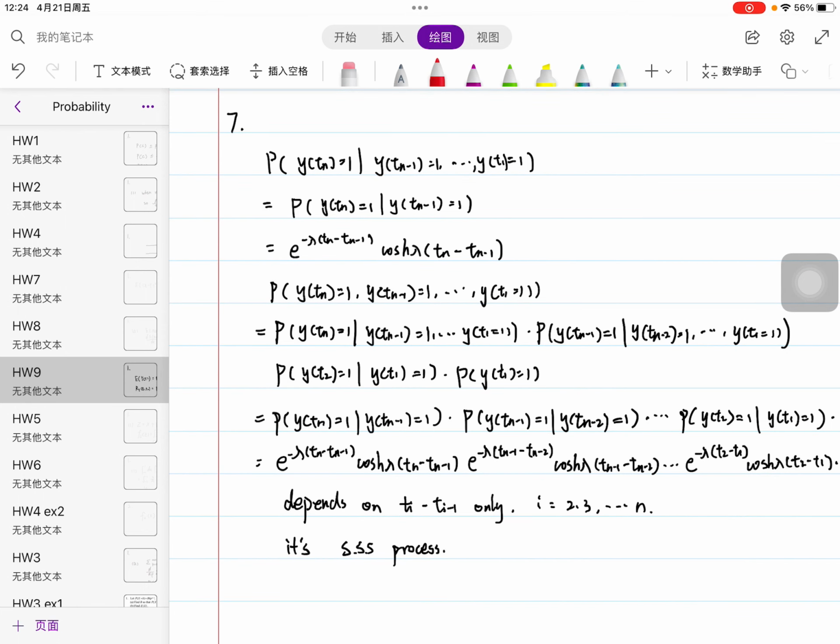The strict-sense stationary process is that the probability of Y(tn) equals yn, ..., Y(t1) equals y1, is equal to the probability of Y(tn plus epsilon)